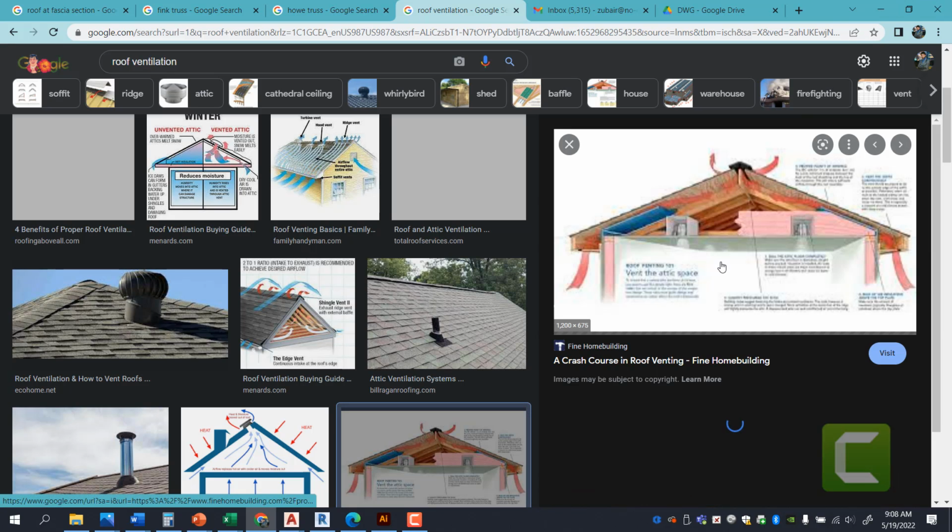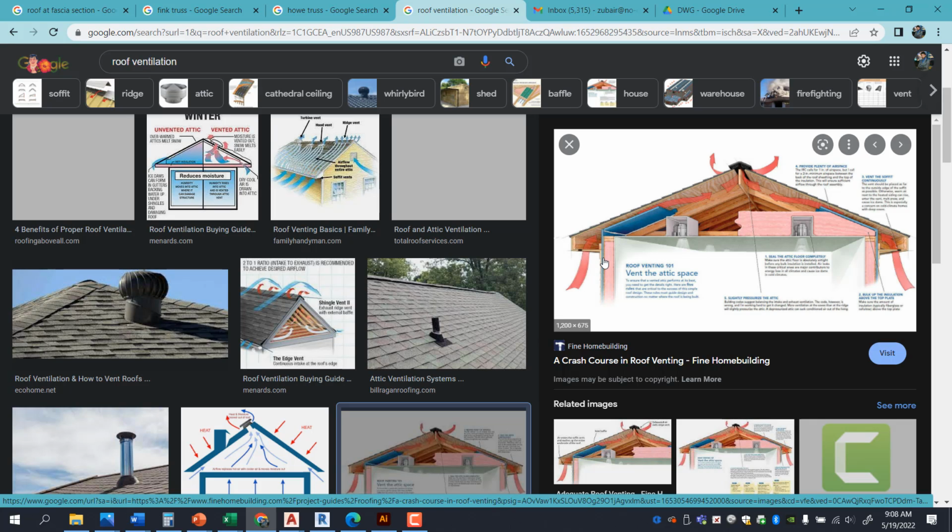So therefore, they have roof vents nowadays, just to keep the insulation from clogging the soffit vent area, so the air can flow all the way around and come out the ridge vent. So how we're going to detail our soffit, for now, all I need you to worry about is